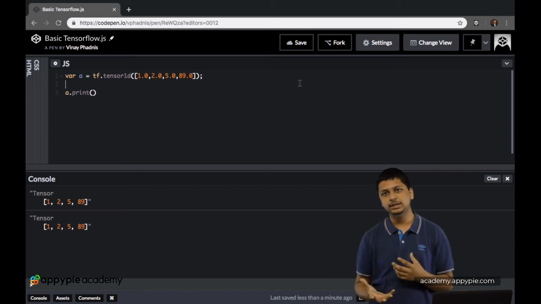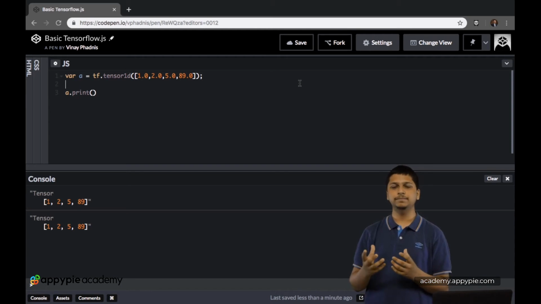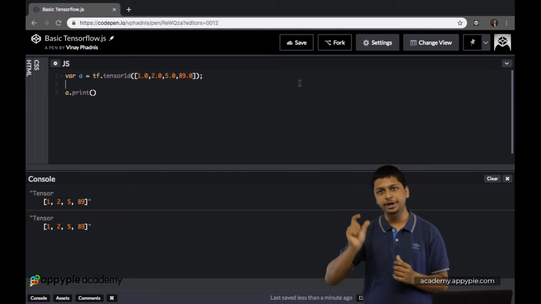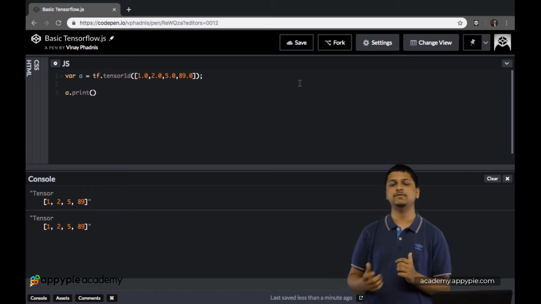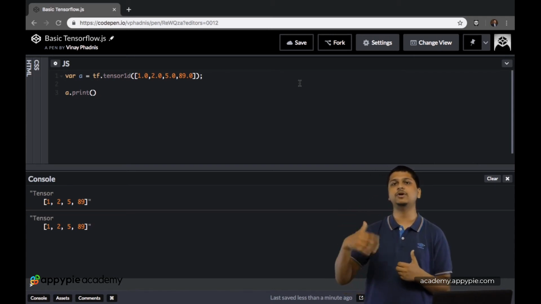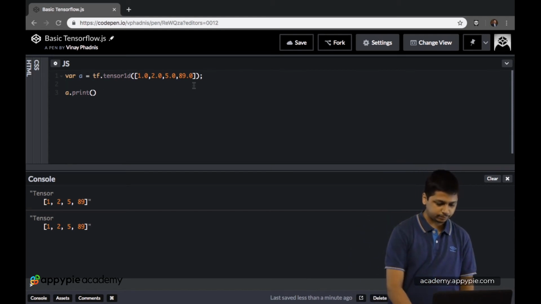Similarly, in TensorFlow we have scalars, which are just single numbers which can be called upon as a point. Whenever we want to type in a single number in TensorFlow, we have to type in tf.scalar. So now let's do that over here.